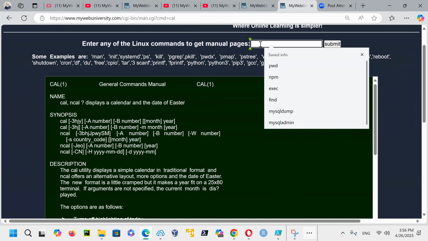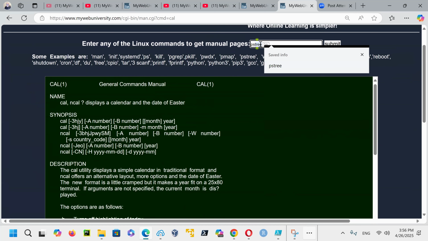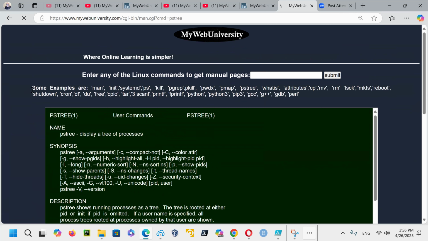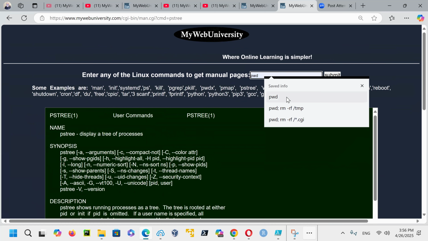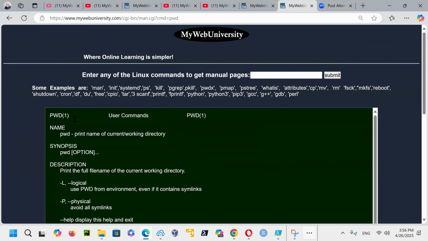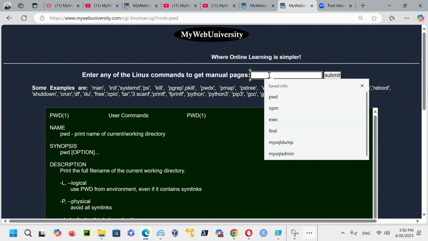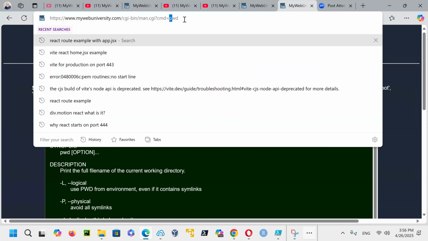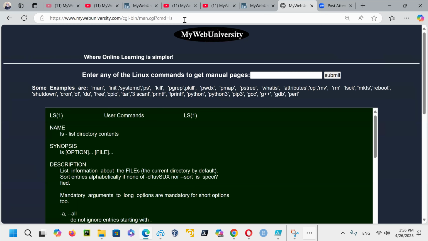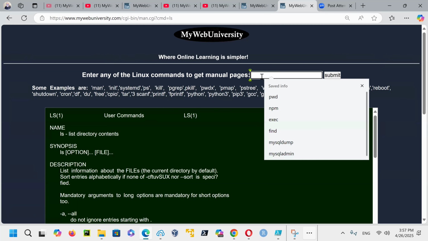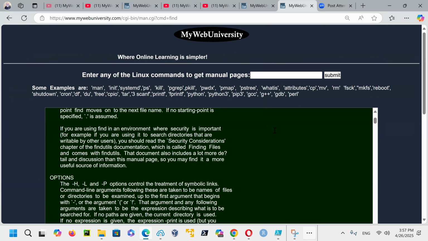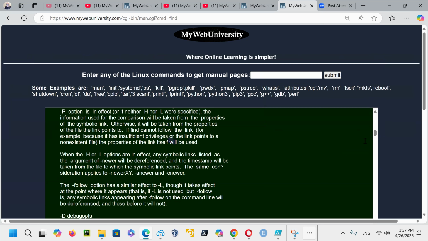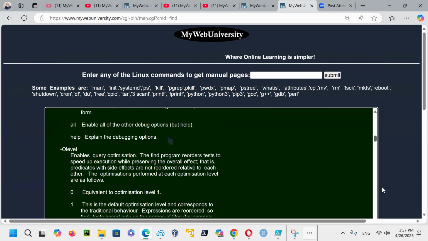If you want to say, give me a command like process stream 3 output, you can just get the output of that. You say, give me the command for print working directory, just do that, and it's going to give you that. Each one of these commands, I have the interface here. Whether you type it here like ls, or you type in here like the find command, you get the output of the find command. You can see it is a lot there. All the syntax and arguments are here.